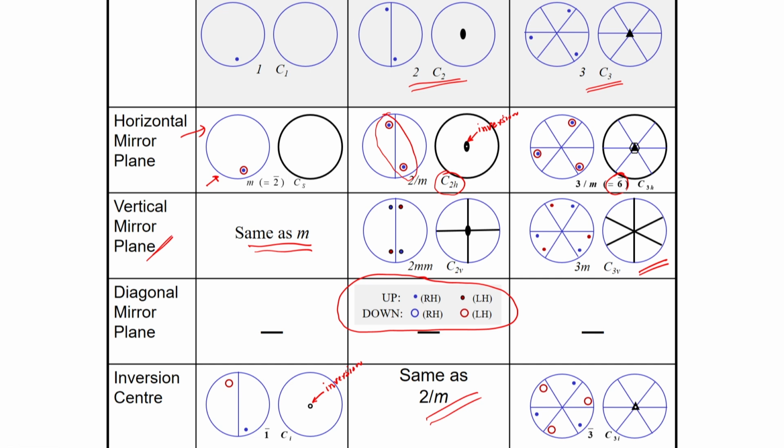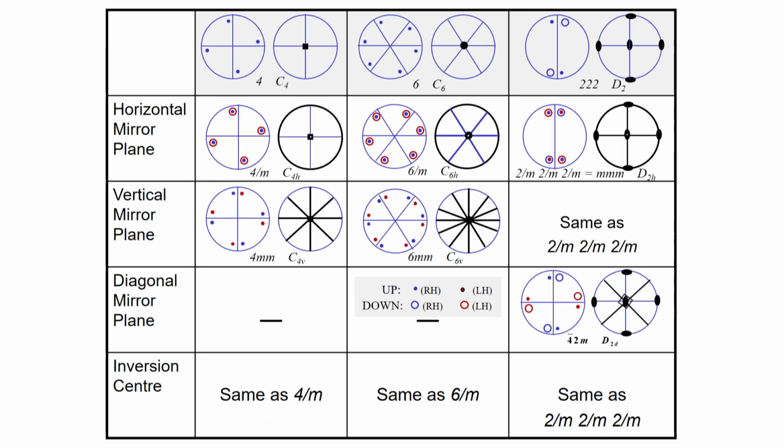Now coming to adding the inversion center to the three-fold rotational axis, this basically becomes a three-fold roto inversion axis, and this also we have seen in the last lecture. Similarly, I can add a horizontal mirror to the four-fold rotational axis and I will get the stereograms as shown. I can add a horizontal mirror to the six-fold and I will get the stereograms which are quite easy to interpret.